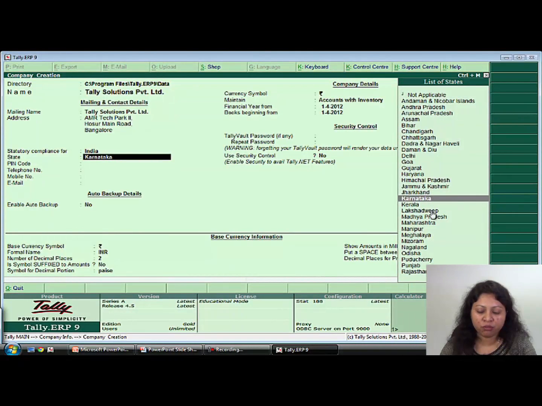The state is very important to choose because once you select the state, while taking up statutory modules like VAT, which is state specific, the forms related to the state which you have selected over here will be displaying the relevant VAT forms. So once you choose Karnataka, Karnataka VAT forms will be displayed in the system.